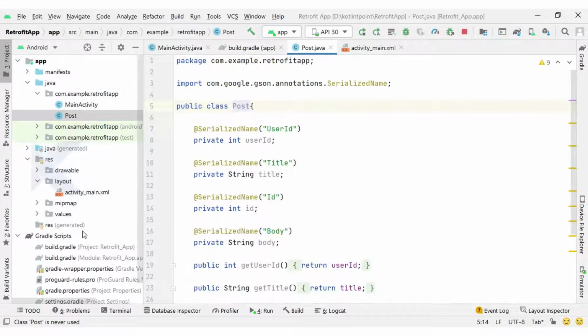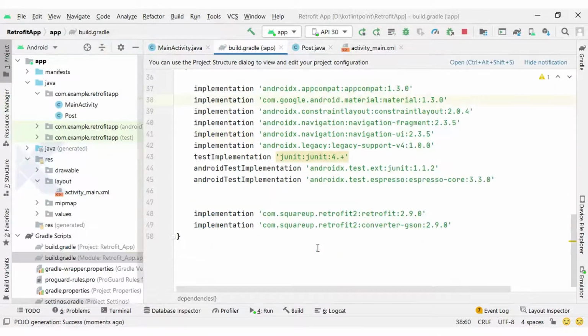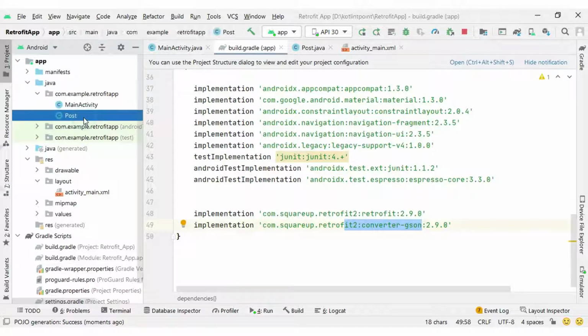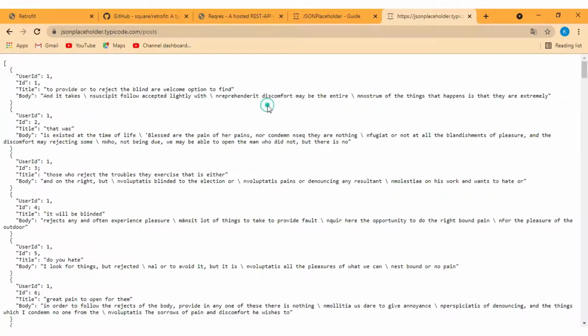So guys, we have added the Retrofit dependency as well as the Gson converter. We also installed the RoboPOJO Generator plugin, which you need to install with your Android Studio, and then you can create a class respective to the JSON data you will get from the API with the help of the plugin. With this, we are ending this video. We will continue the Retrofit related code in the next video.